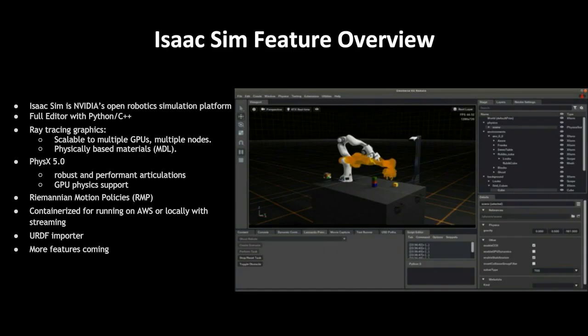In terms of features, Isaac Sim is NVIDIA's open robotics simulation platform. Developers should be able to download and try it out. It has a full editor, as you can see on the right-hand side, with both Python and C++ APIs, and they can talk to each other as well. Isaac Sim features ray tracing graphics with the ability to scale to multiple GPUs and physically based materials, MDL. This is the key for us to be able to achieve realistic looks. And I think this is going to help the perception stack as you train your robots to perceive